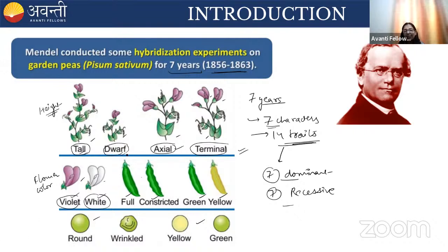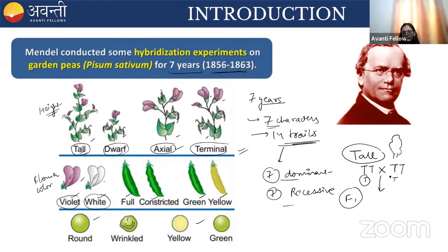And Mendel performed the cross hybridization, or artificial pollination, on the pea plant, especially on the true breeding lines. For example, if this plant is tall and has a genotype that is homozygous dominant, capital T, capital T, and I cross it with a parent having the same genotype, then the F1 progeny will produce a gamete